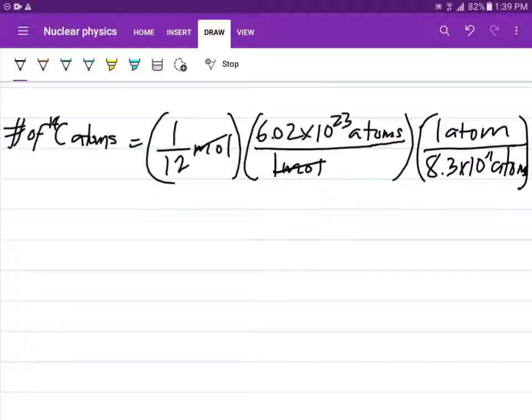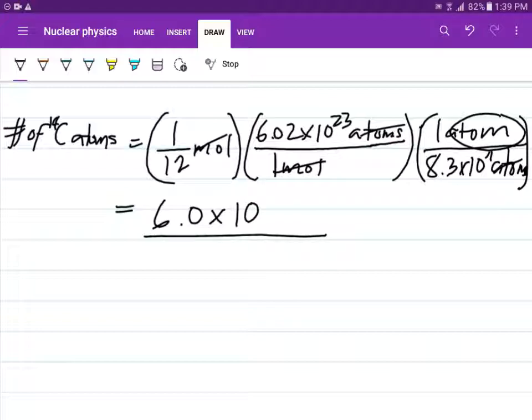So this cancels out, and we can solve for the number of carbon-14 atoms. Performing this calculation, we get that this is equal to 6 times 10 to the 10